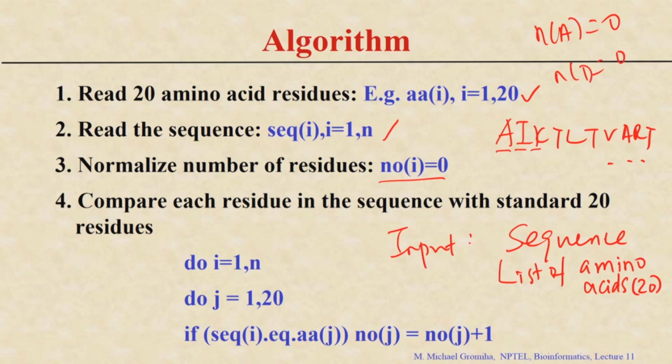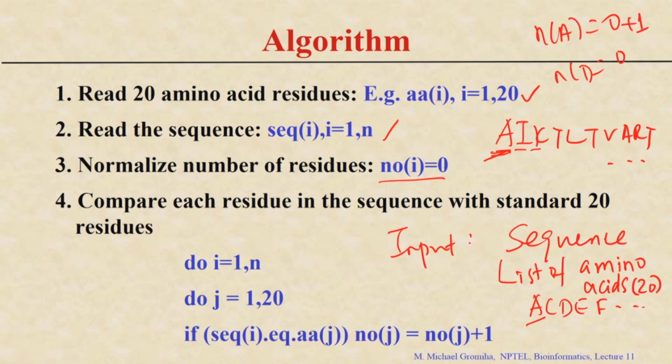We have to compare. Take each sequence. First, for example, this is A. We have to compare this A with the list of amino acids. Here you can see the list of amino acids. If you compare this and this, if it matches, then we add in this array number of A equal to